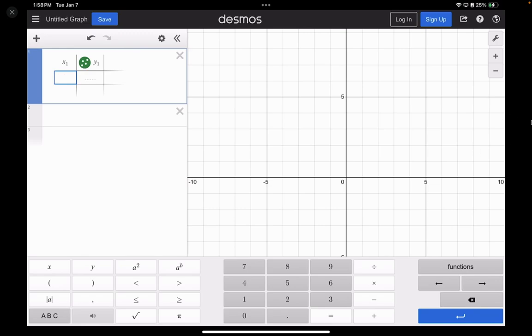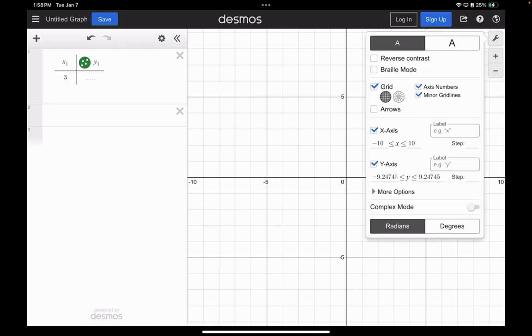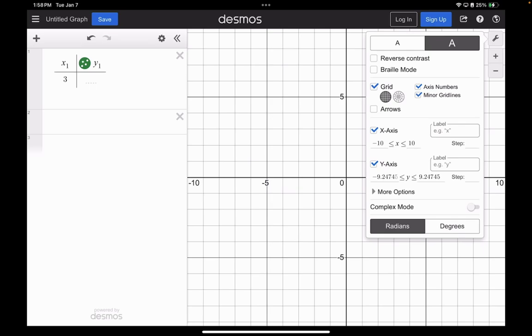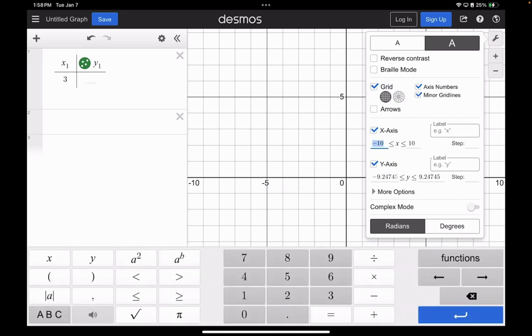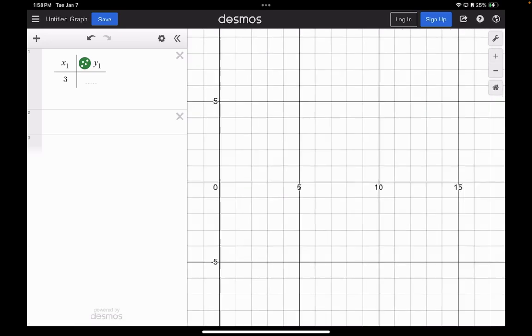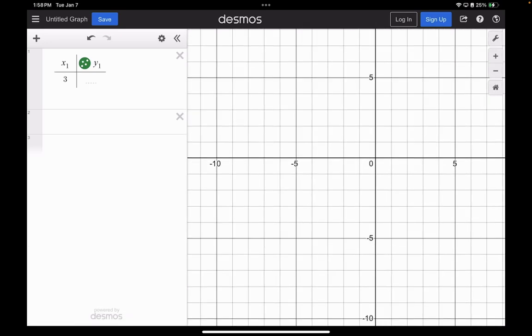Well, it's because 2003 would be all the way over there. That's also true, but I can scroll over. It's easier not to scroll over. On my wrench button, I could say X goes from 2000 to 2008, or I can just scroll over. So that's not the real reason. The real reason is because that's what the formula uses.